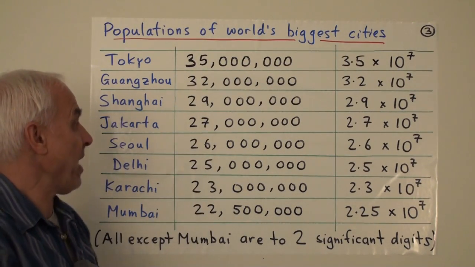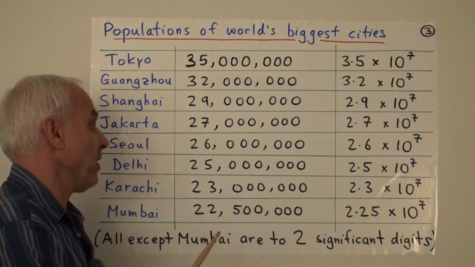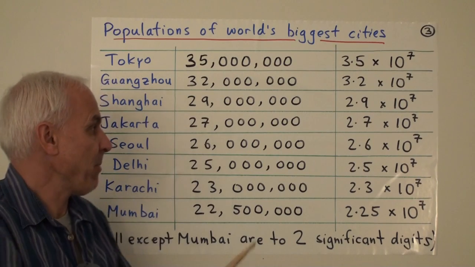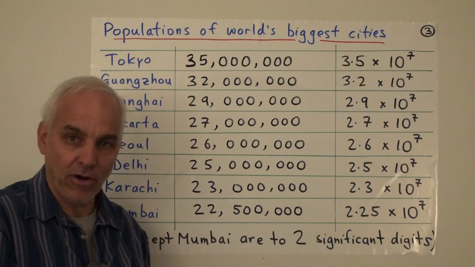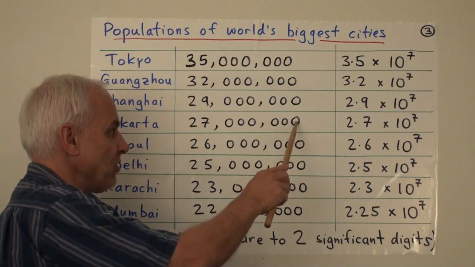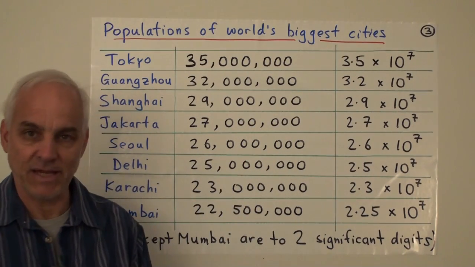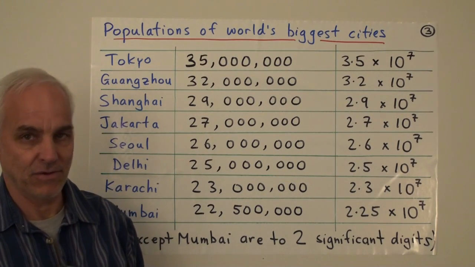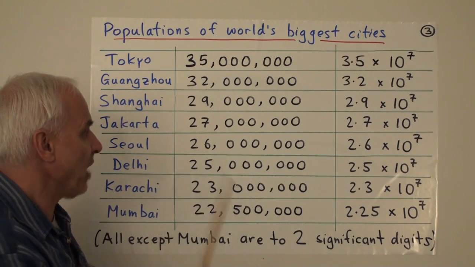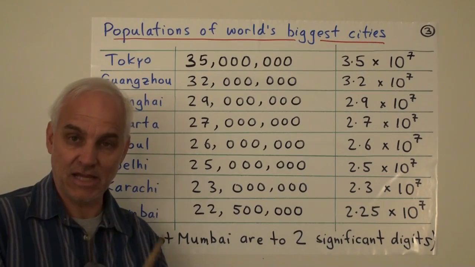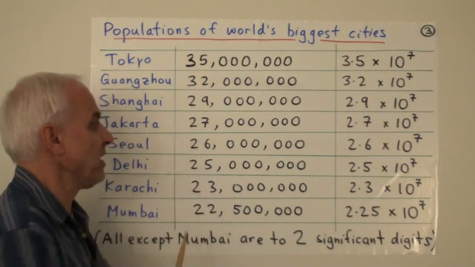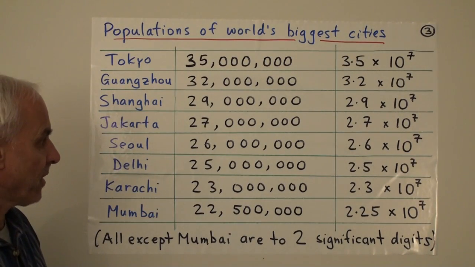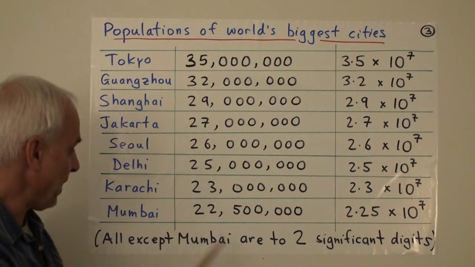So the actual figure might have been 27,314,507. But because we recognize there's a certain amount of error in that, we decide to put zeros in those places, indicating that we're not really entirely sure about their values. They're sort of placeholders here, but they're not really meant to be significant, containing information. There's only 2 significant figures in this number, the 2 and the 7. And that's true for all of them, as you can see, except for the last one.